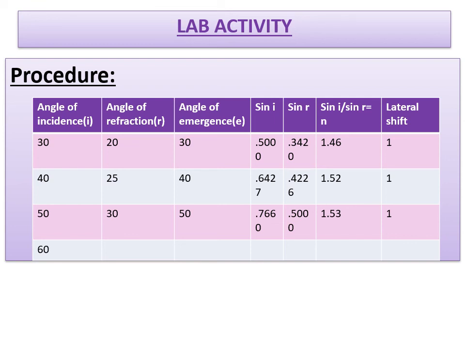And one more point you have to remember, as I told, as a ray is going from air to glass, that means rarer to denser, we have to see that R should decrease. So in this case, for I 30, I got R 20, for I 40, I got R 25, for I 50, I got R as 30. In this way, I got the values over there. And the angle of emergence and angle of incidence should be equal. And one more thing, the thickness of a glass slab is directly related to lateral shift. The thickness of the glass slab I have taken is 1 centimeter, so the lateral shift we have also got is 1 only.